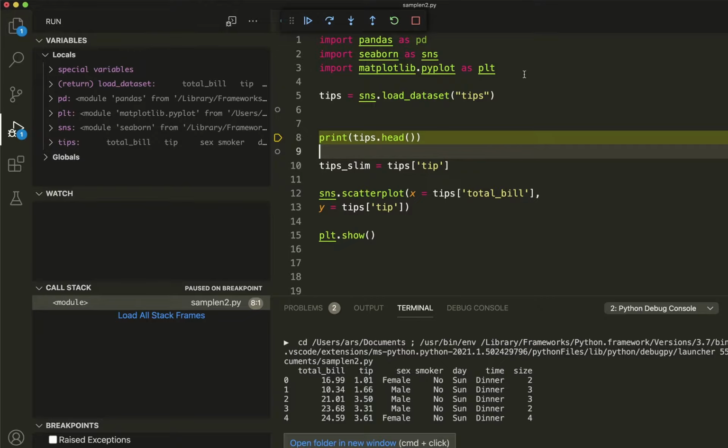But that has not been available natively in VS Code while writing Python code, and that feature is available now. So let me quickly show you the feature, and then we'll start from the first step on how to enable it for yourself. While we are in debugging mode, you would see that object. All you have to do is right click and say view value in data viewer.